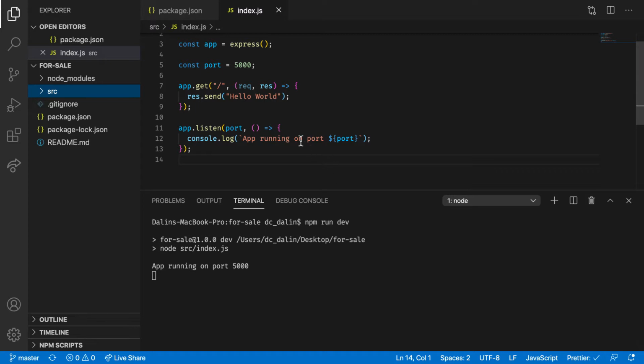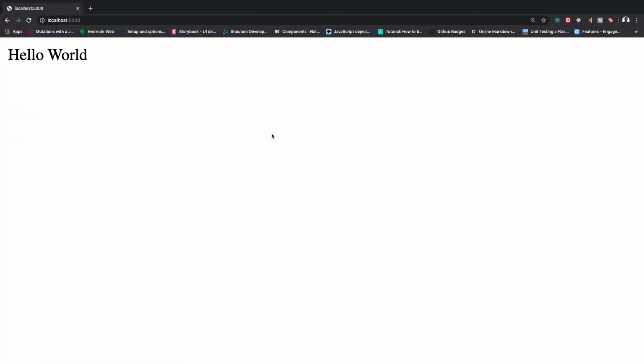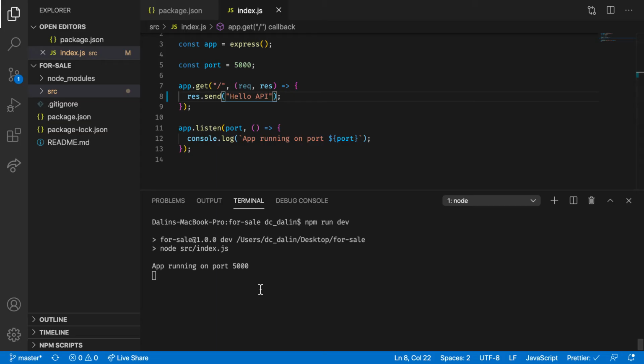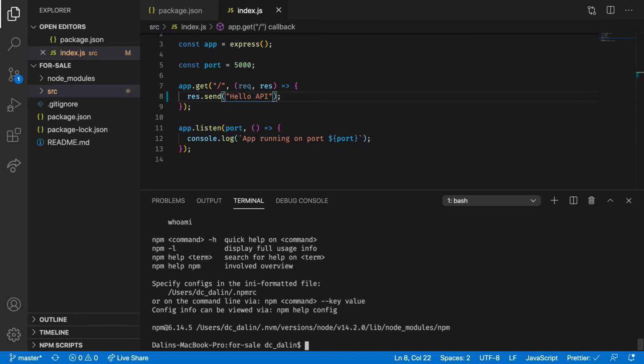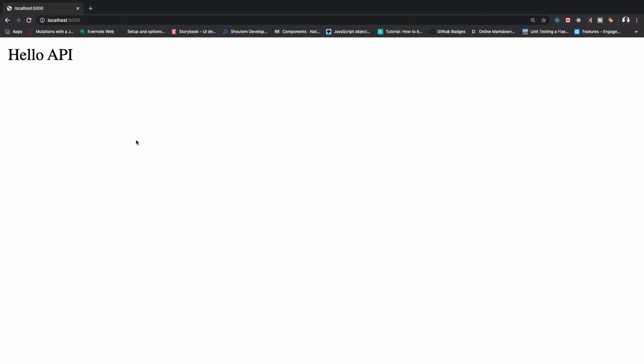So far we have hello world being displayed on our browser. I'll go back to the index.js file and change it to hello API, for example, and I'm going to save that. So when I go back to the browser and I refresh this page, no change whatsoever. We therefore need to stop our server by hitting Ctrl+C and starting it again, npm run dev. Okay, sorry, needs to be lowercase, npm run dev. Now if I go back to the browser and refresh this page, we can see that hello API is now